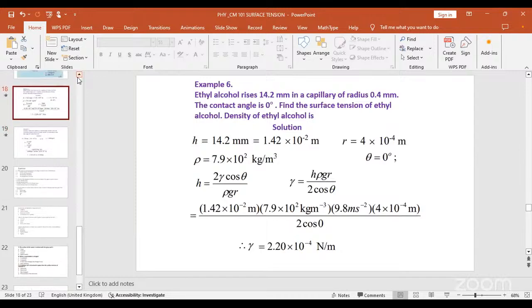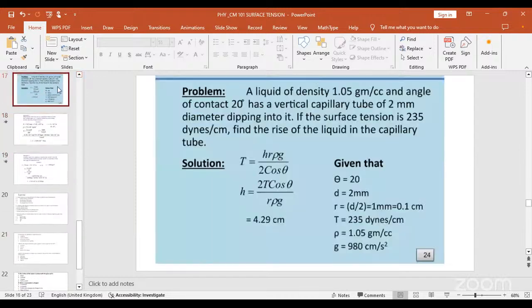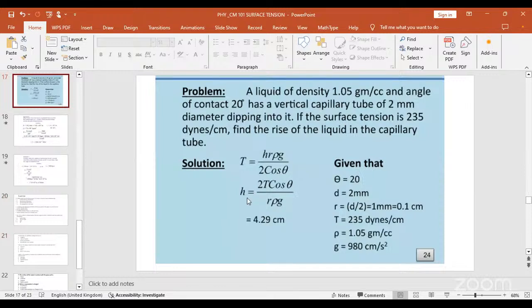Take for instance this other one, we were looking at the height. We're trying to determine the height. This is the expression we use: 2 times the gamma, the surface tension, 2 times surface tension cos theta divided by rho